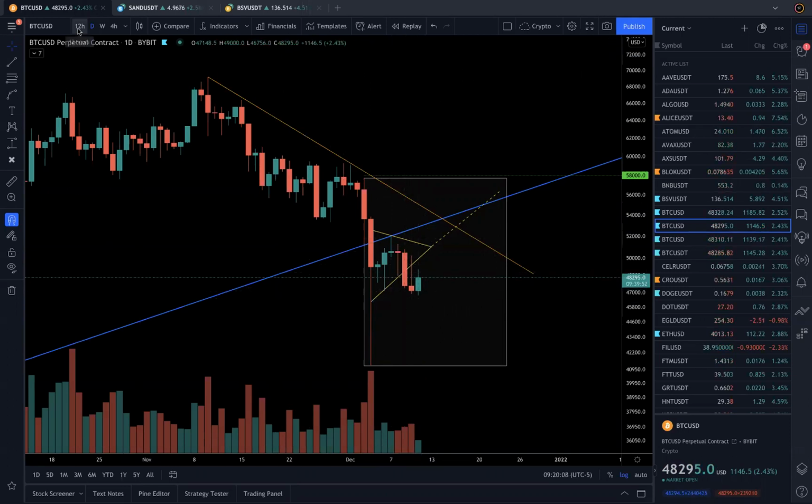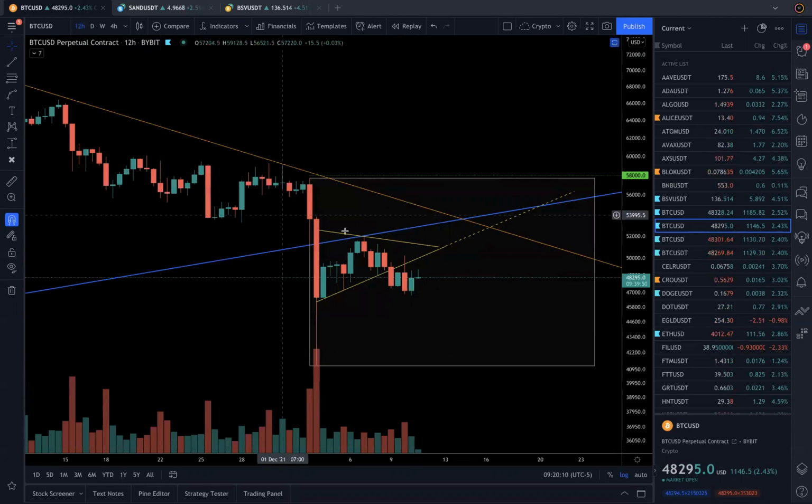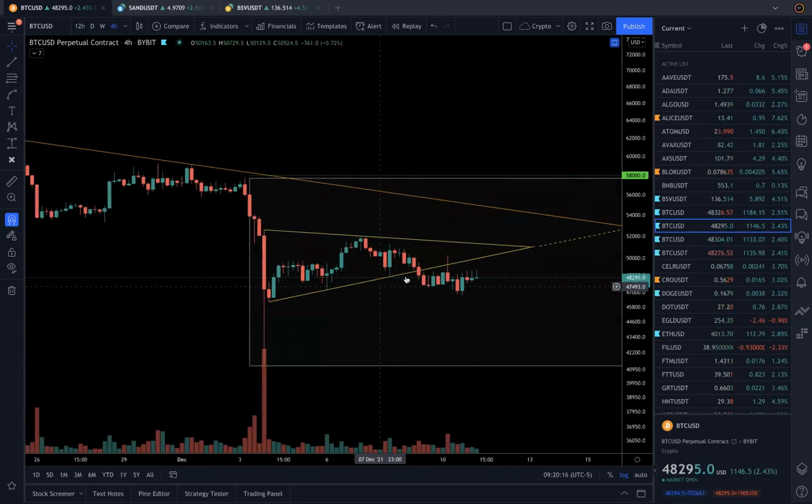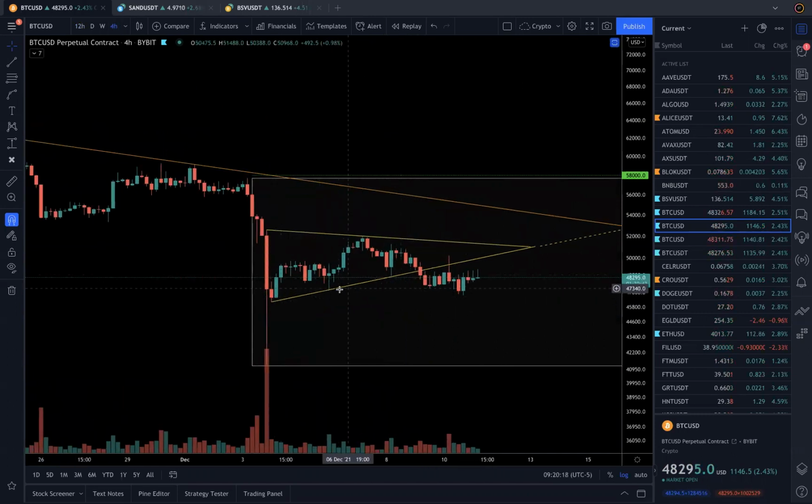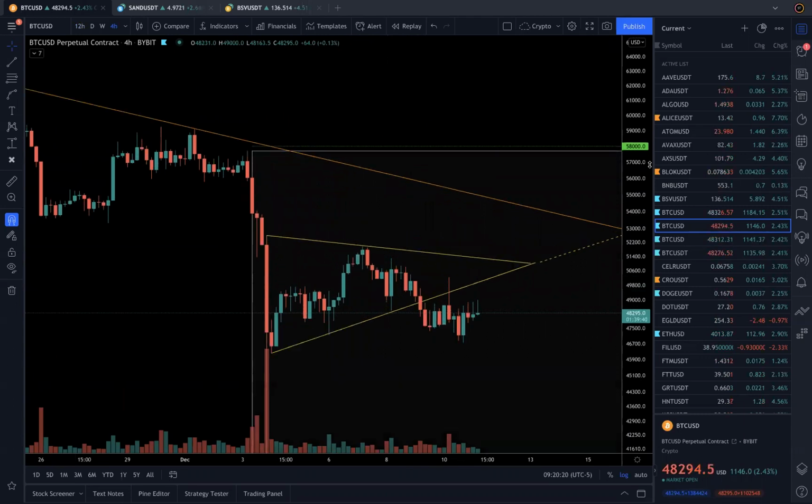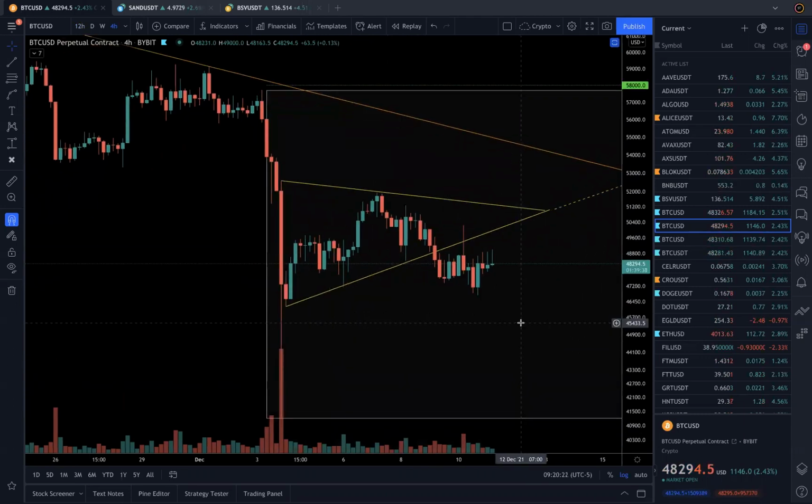Probably what I should do is go to 12 hours, because on 12 hours you will see this. If I go to 4 hours, you will see more of how this yellow line was a support, right? So this is the innermost structure at a low time frame. So this is about dissecting the consolidation, right? Dissection sometimes gives you an early indication.